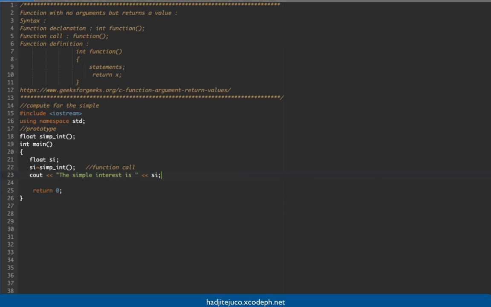Next, we need to cout the simple interest is, and then we pass here our si. As you can see, we stored the value of our function in si. In the function simple interest, it will compute for the simple interest, then the answer will be stored here in si, and then we will display it here. Si will hold the value that's being returned by the function that we created. Okay, so let's create our function now. Let's copy this one here,